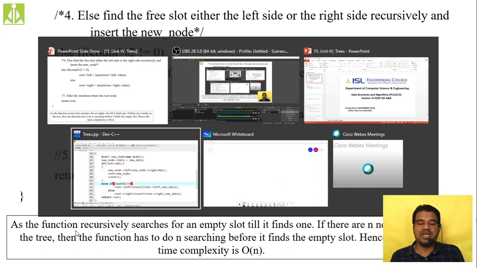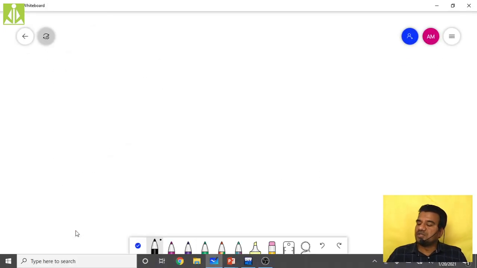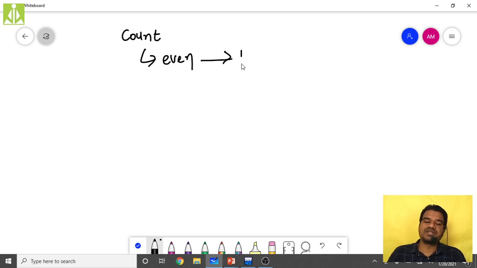So why are we checking whether the count is even or odd? Simply, what is count? Count will have the exact number of nodes present inside your tree. If this is even, that means you have to perform the insertion on the right side.